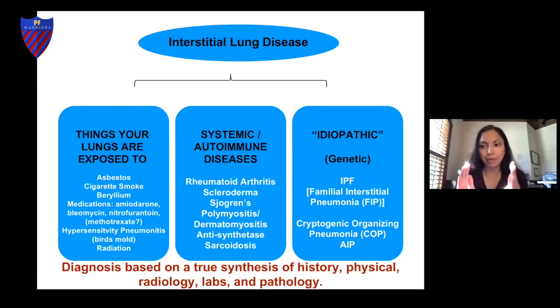The second big block and cause of ILD is systemic or autoimmune diseases like rheumatoid arthritis, scleroderma, Sjogren's, antisynthetase, sarcoidosis. These are diseases that can affect a patient's entire body, but also can cause lung scarring. And so in those cases, the lung disease is part and parcel of a bigger systemic disease that may be affecting other parts of the patient's body. And then the third big category is the idiopathic kind, where IPF falls. And we now understand that to some degree, even though it's idiopathic,